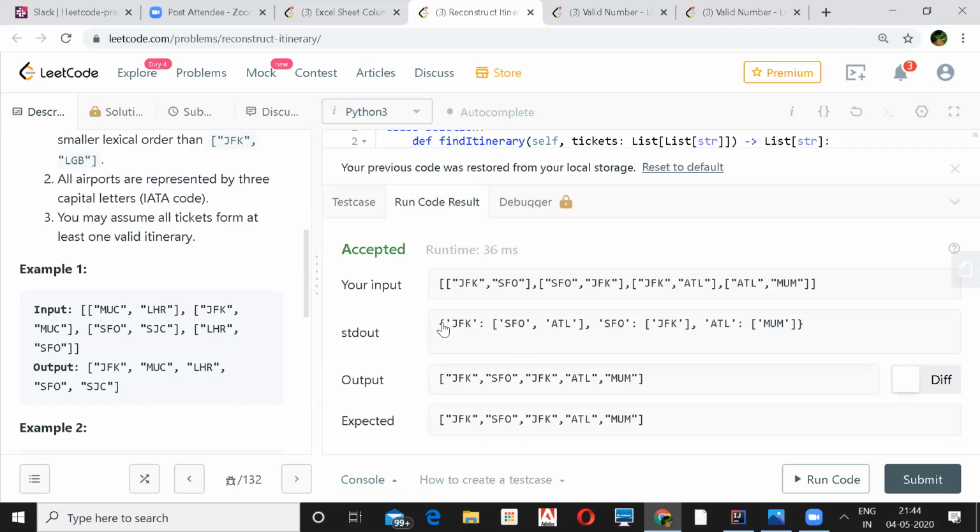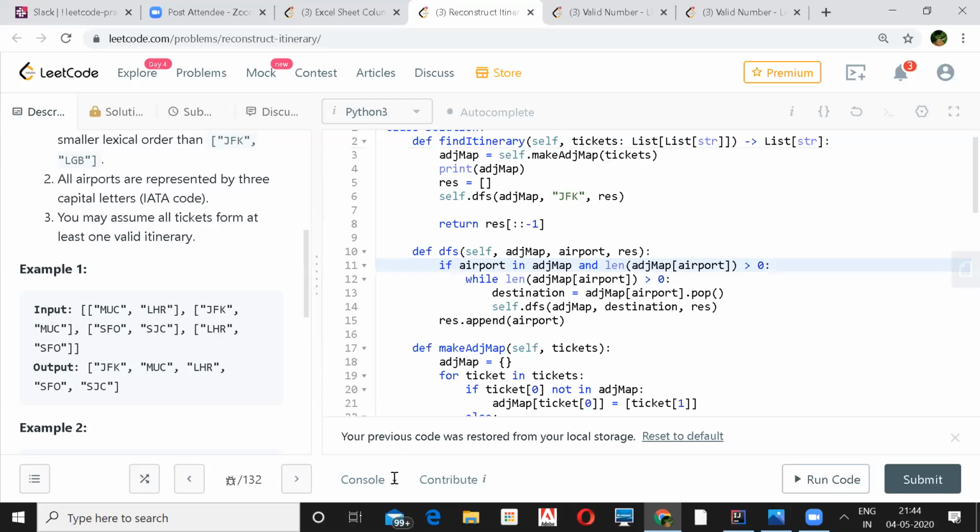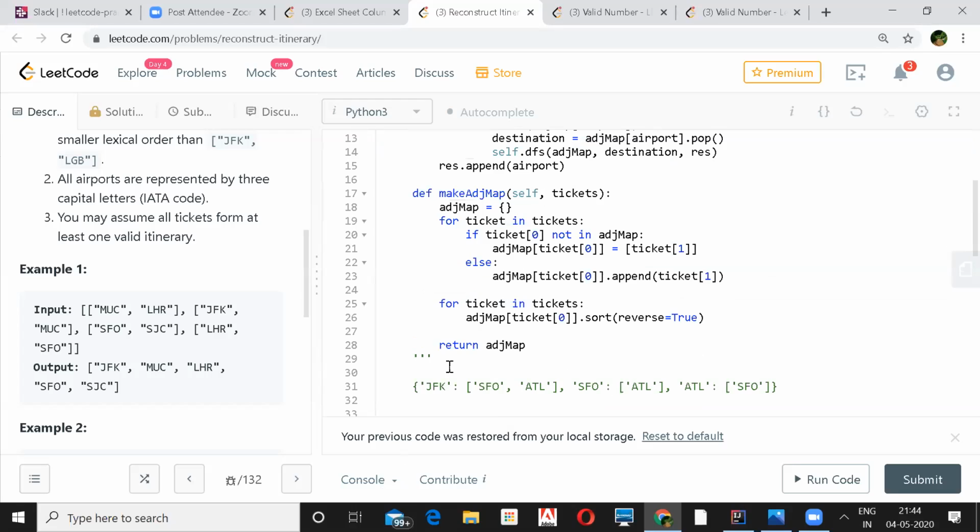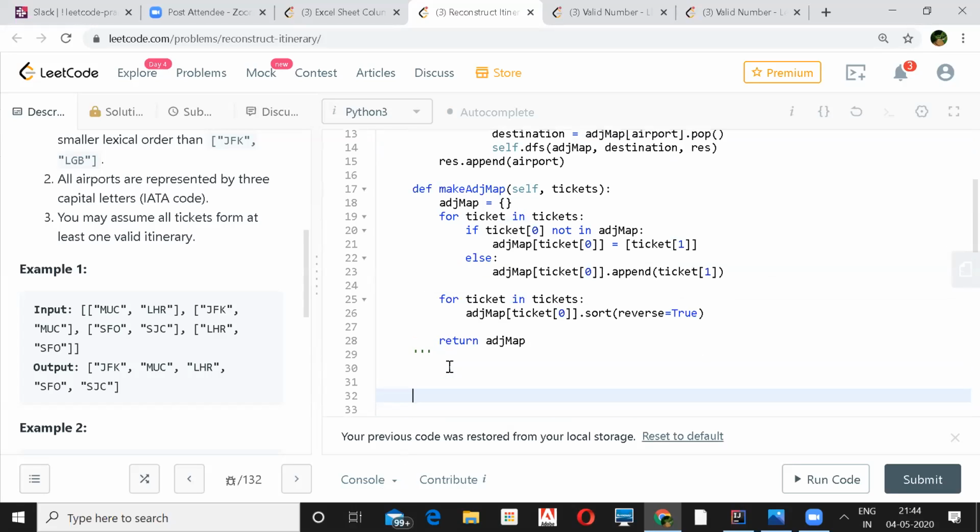Let's iterate this one. Then we can get. So he's saying a lexicographical way to have a cycle. Let's say I'll start from JFK, right? JFK is in your key. It's already sorted in a reverse order.